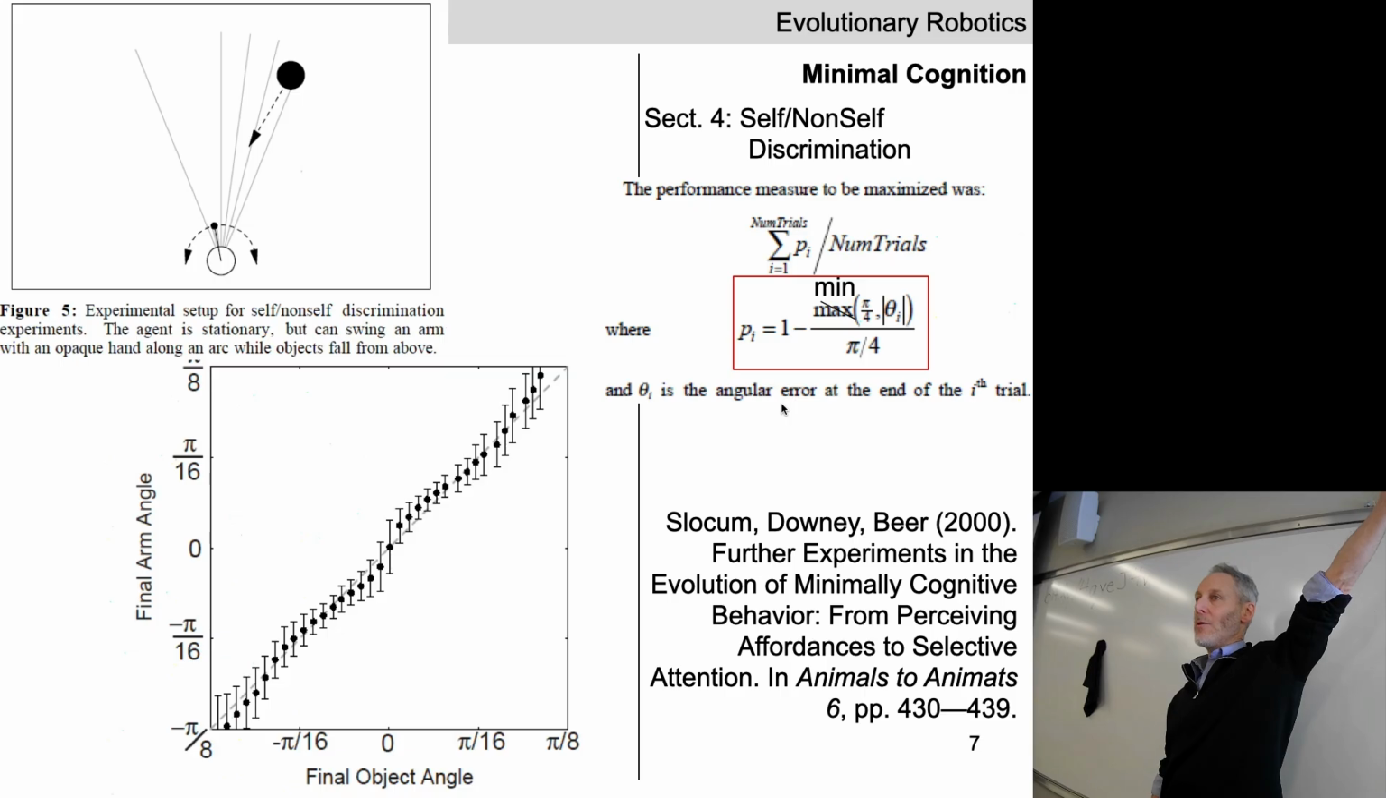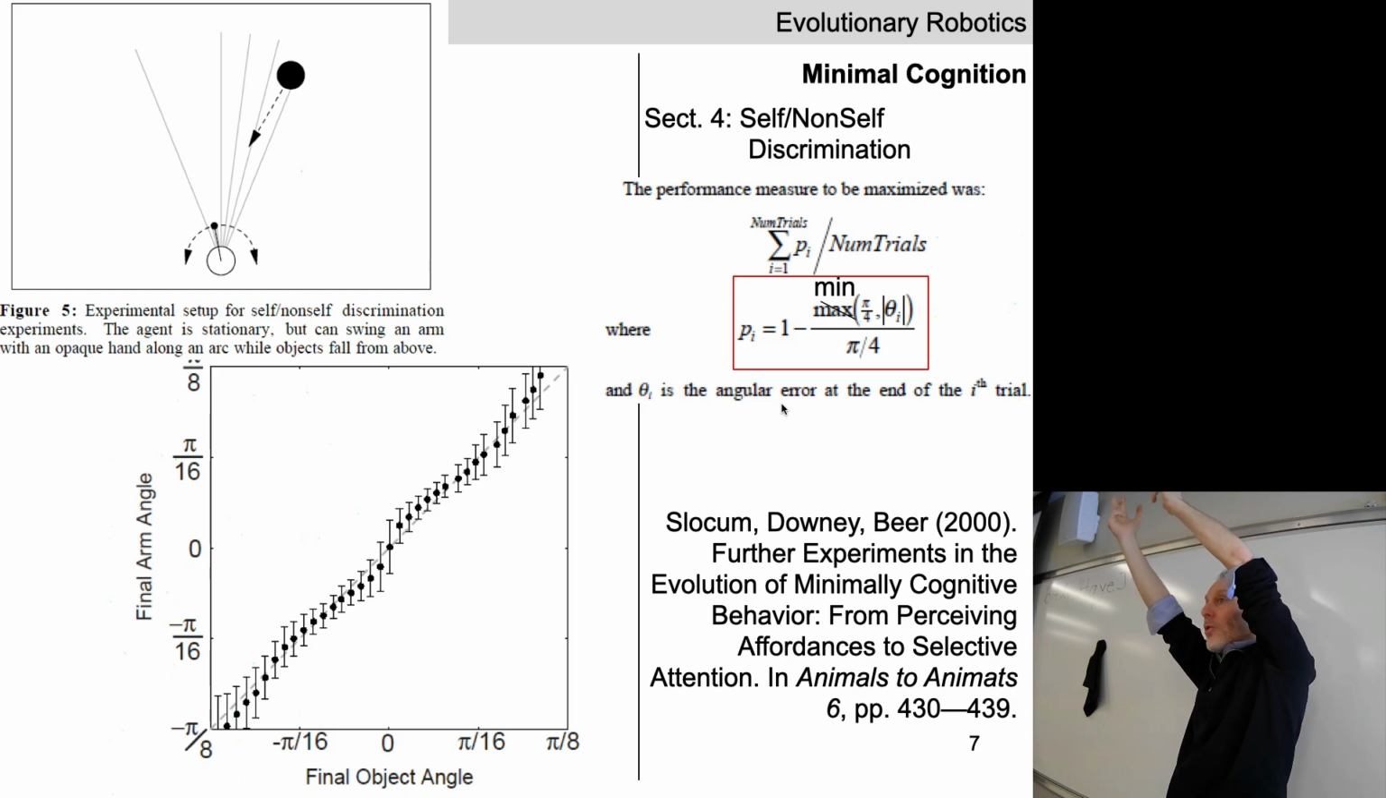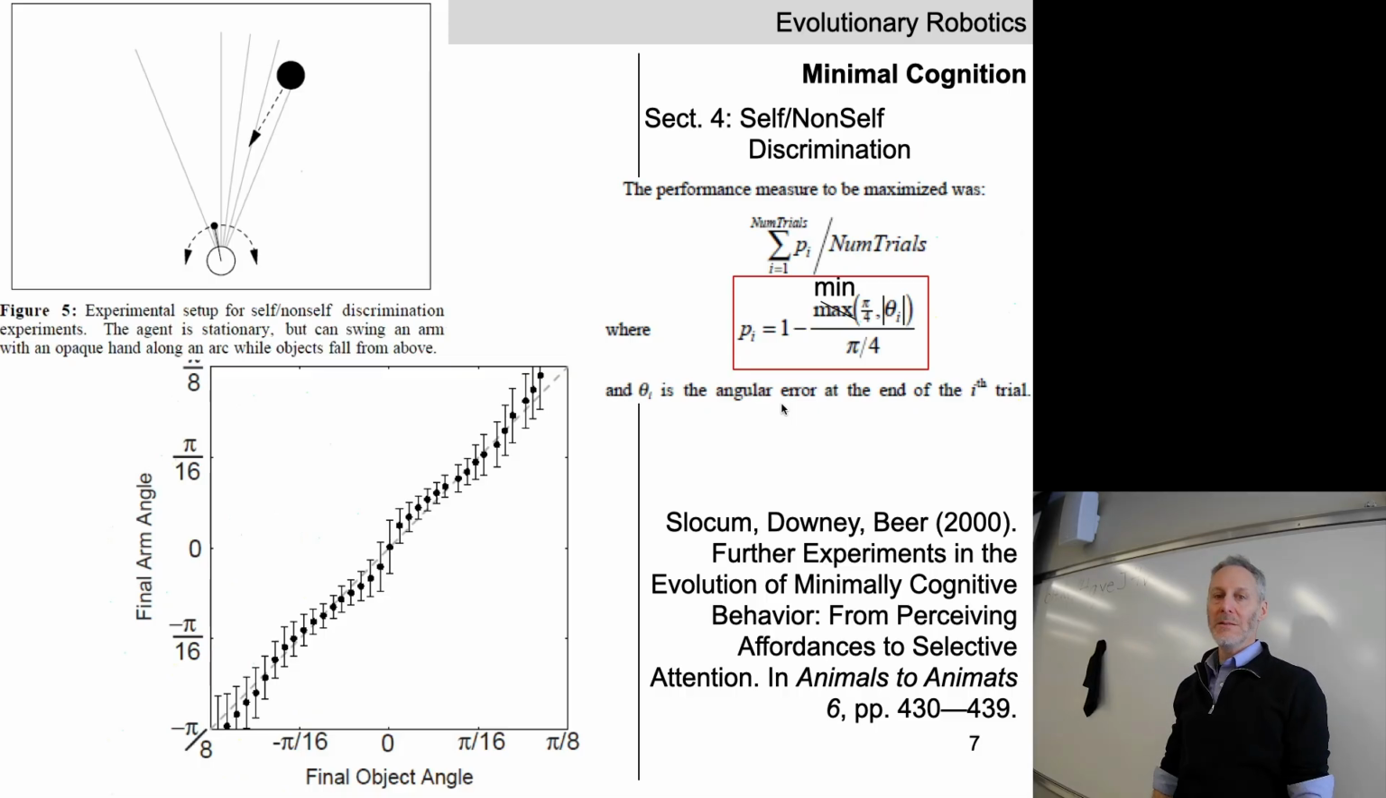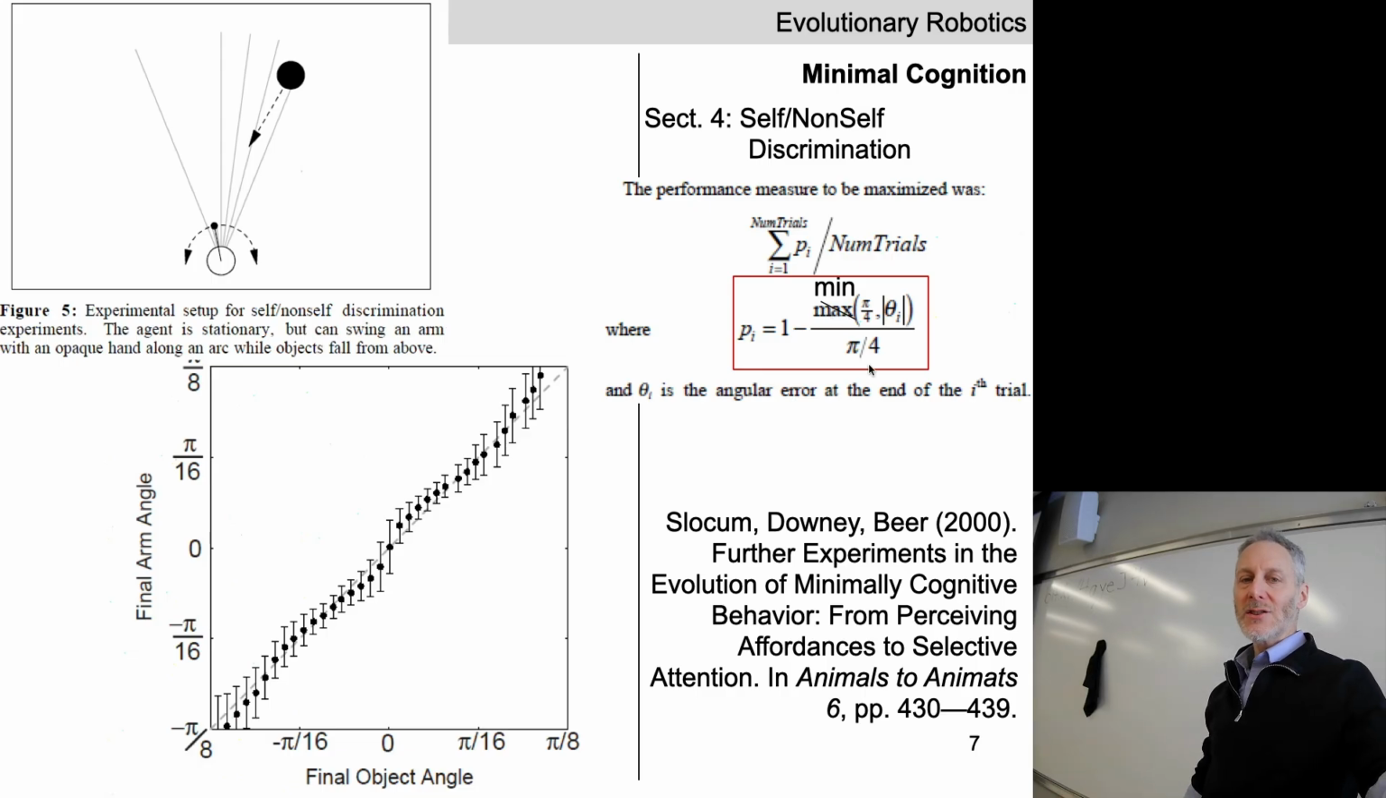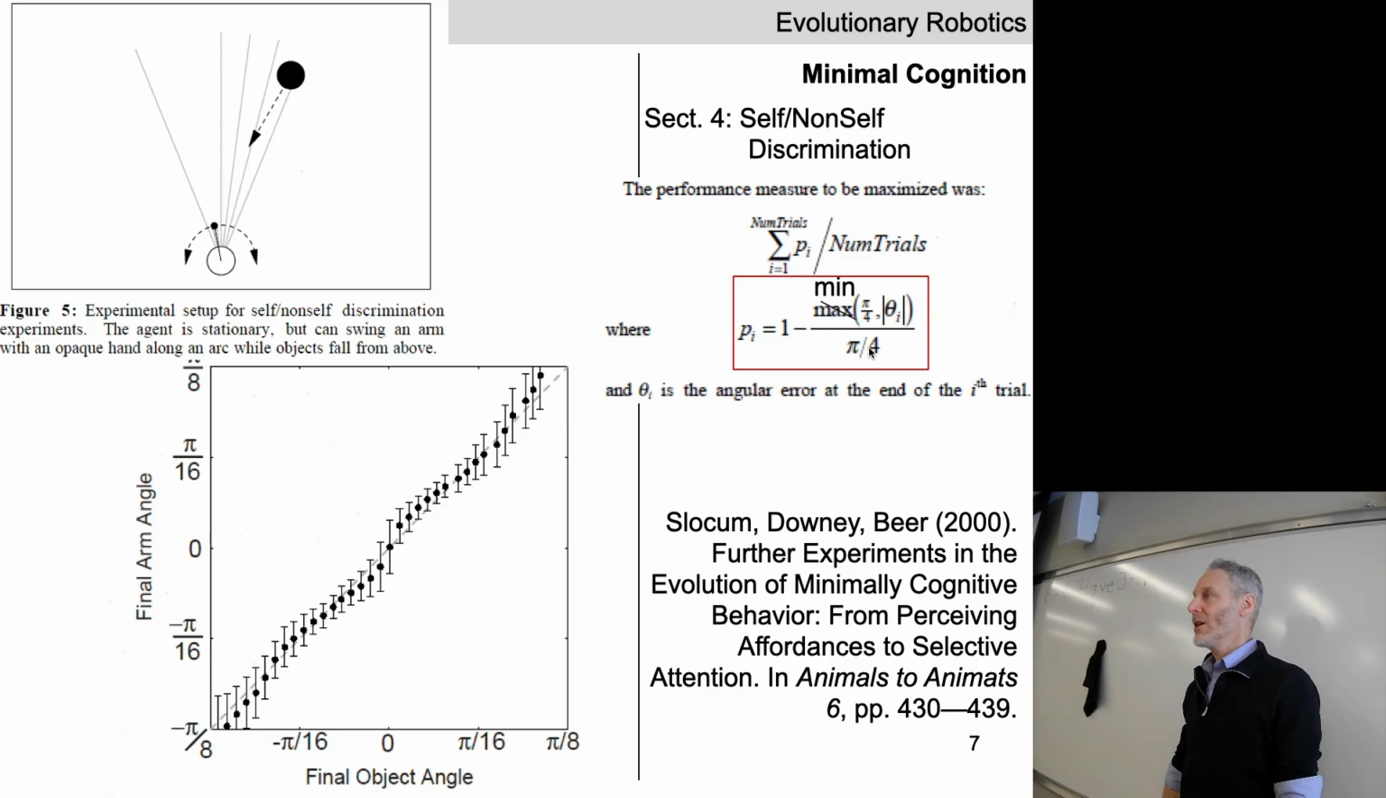So if my arm is out here and the object hits right here, then it's this angle that matters. If the object hits here and my hand, quote unquote, caught it, then the angle between these two things is 0. We want to try and minimize that. Make sense? The rest of this is just a normalization term so that this term comes out to a value